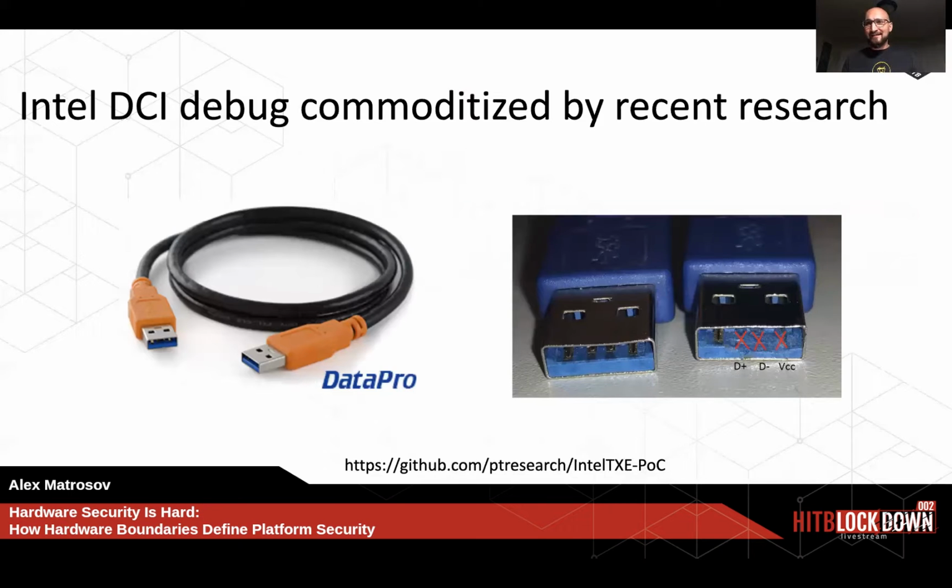And if you think about debugging on Intel platforms, it's very expensive. That was the case before Positive Technologies researchers released their research about how you can create your own debug cable for $20, which is much cheaper, because the original Intel device was sold under NDA and cost about $2,000, but that was not really the true price for it, right?